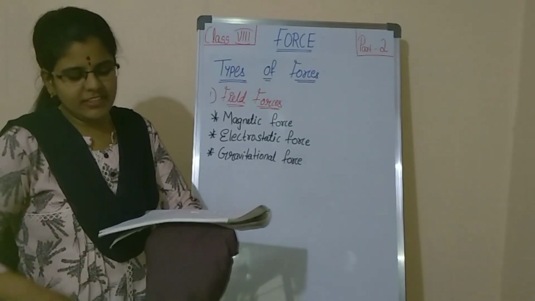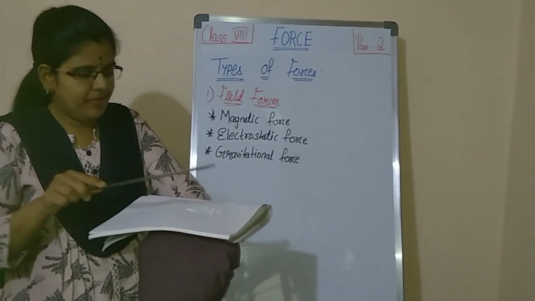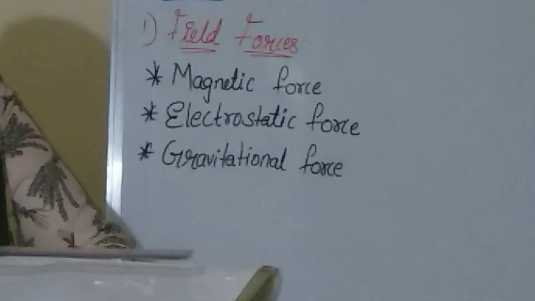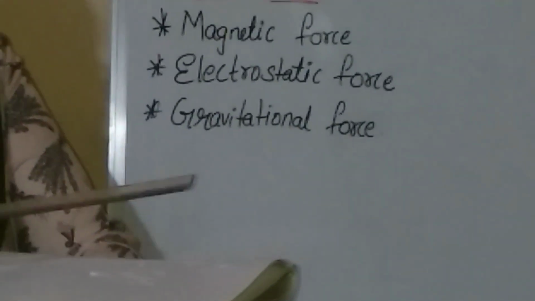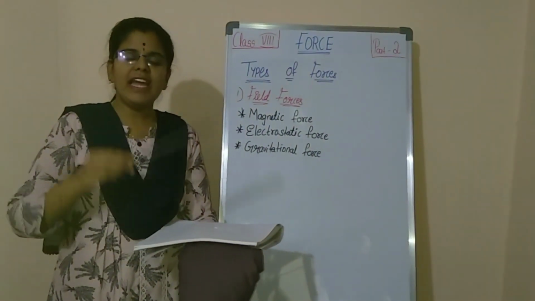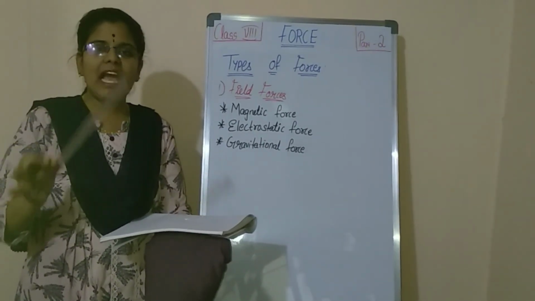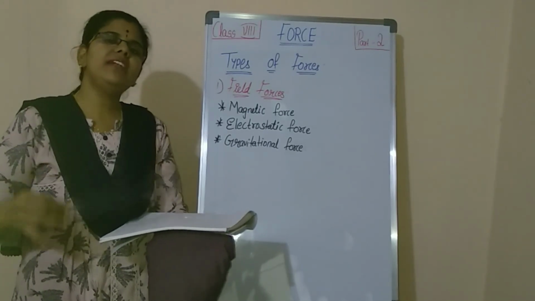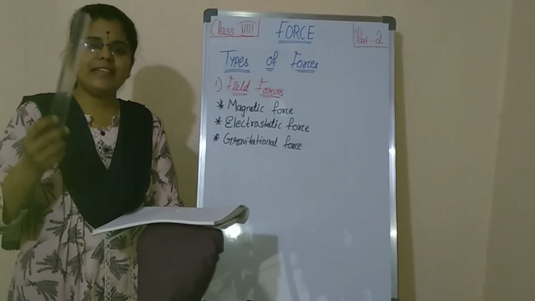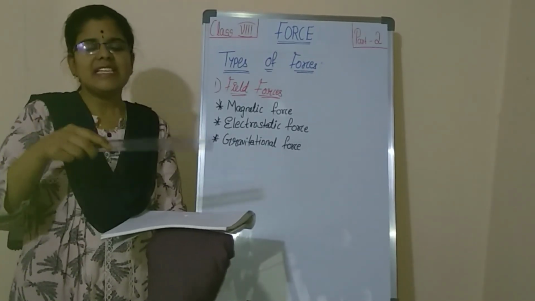I have done the rubbing with the nylon cloth, and let us see. Here we can see that the pieces of paper are getting attached to the scale. So this is what electrostatic force is. What happened to the scale? When I rubbed it with the nylon cloth, some of the electrons from the scale were transferred to the nylon cloth. Then it is lacking electrons, so it tries to attract many objects, meaning any object which is surrounding it.